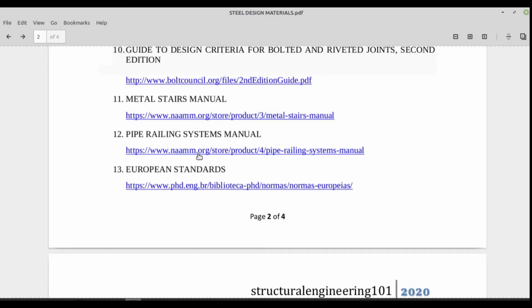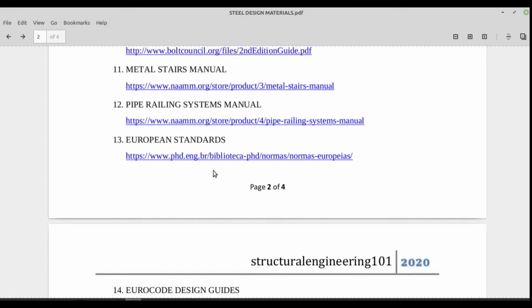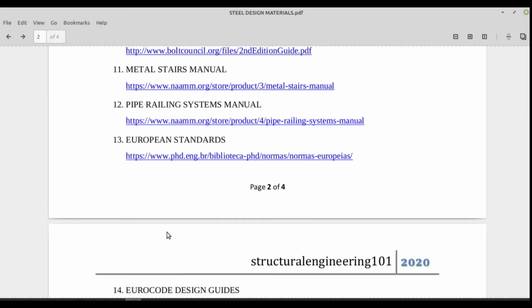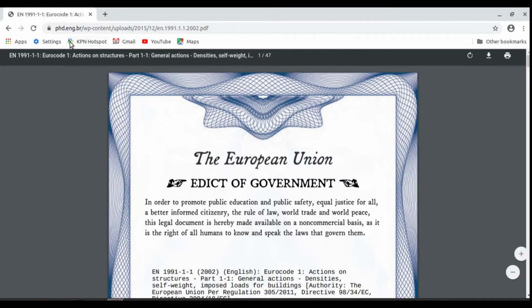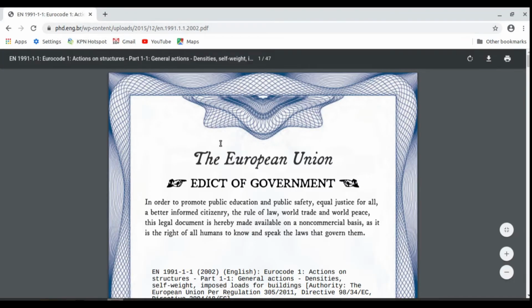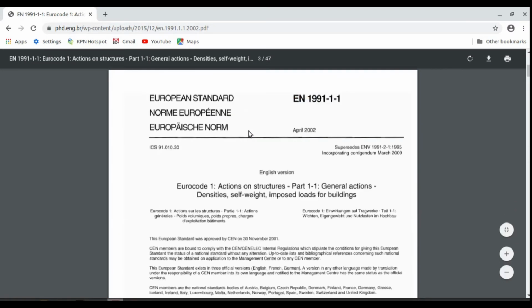Coming to our next document, European standards. Till now I told you about American standards. If you are working to European standards like EN, EU standards, Eurocodes, you can download them from this link. Eurocodes 1 to 8 you can download here. For European standards, see this phd.eng.br, you can download here. This is a sample Eurocode I downloaded,